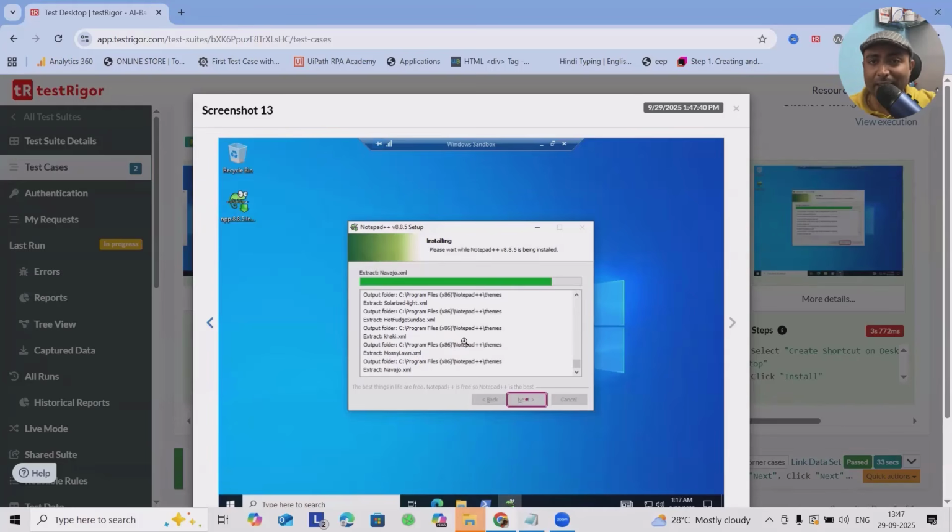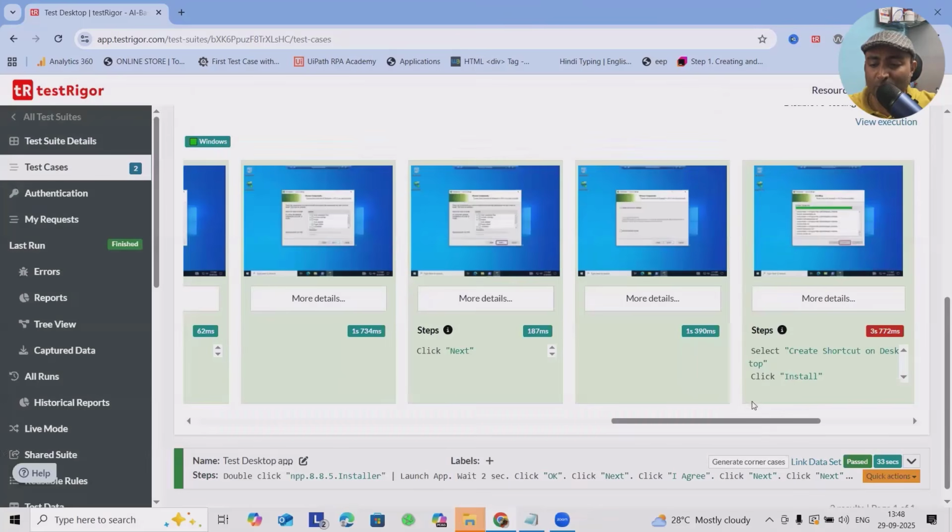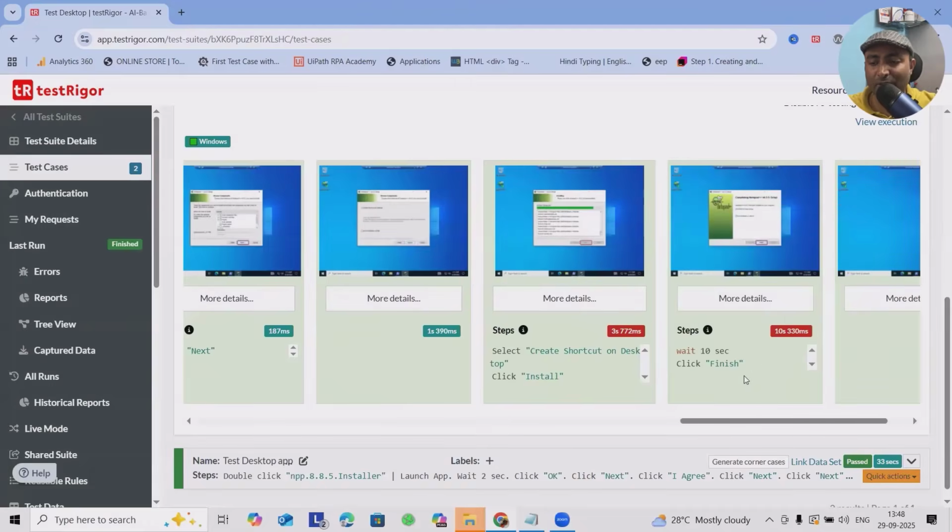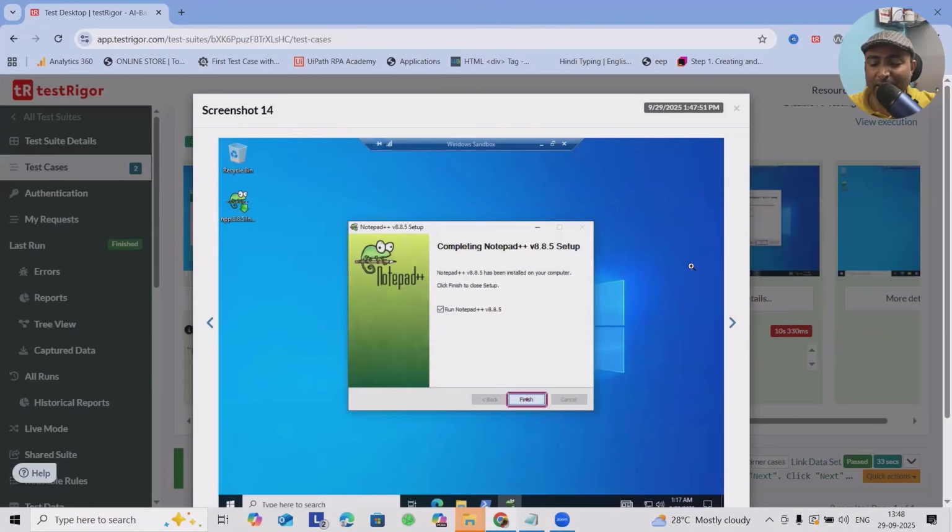Because we have selected native desktop, the first and mandatory part is we have to upload the exe or msi file. Till the time we upload these files, it will not act as you're looking for, and the exact installation will not be done. So this is how we can automate the end-to-end installation process with the help of testRigor,